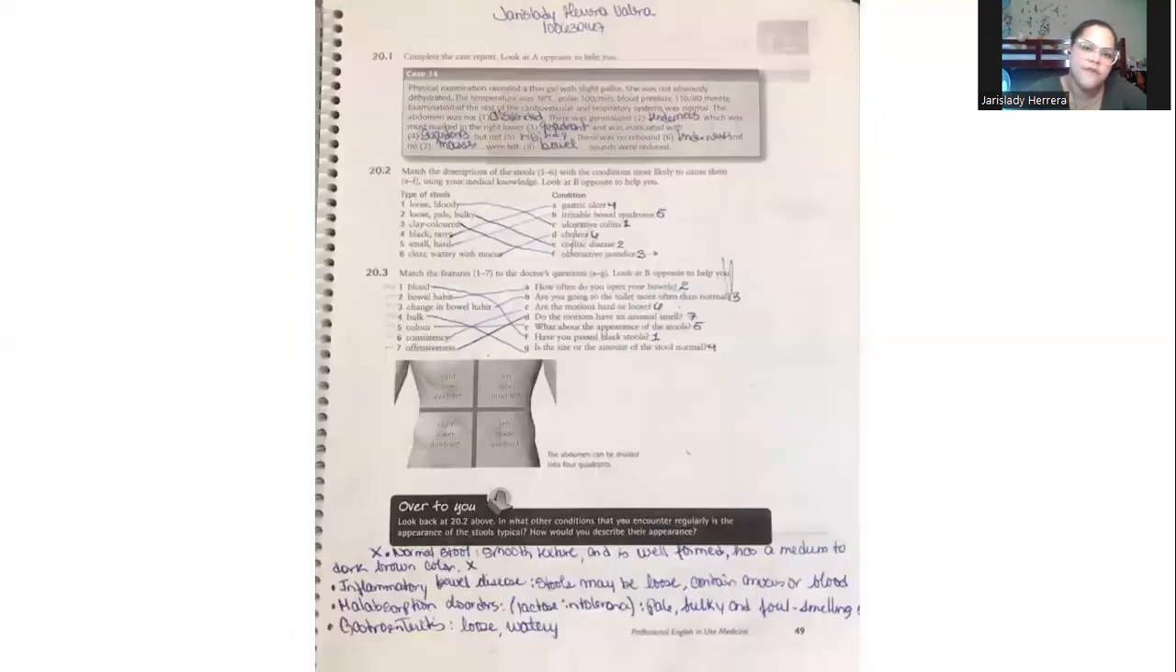Unit 12. Complete the case report. Point 1. Physical examination revealed a thin girl with a slight pallor. She was not obviously dehydrated. The temperature was 38 Celsius. Pulse 100 per minute. Blood pressure